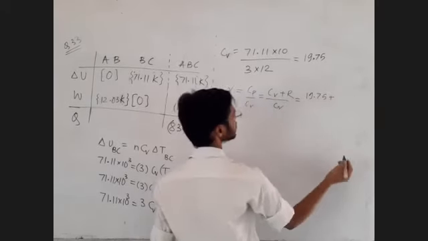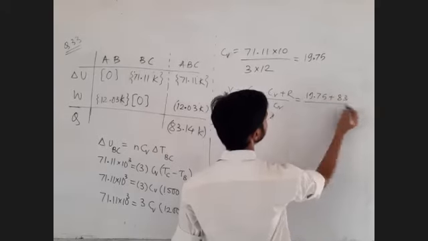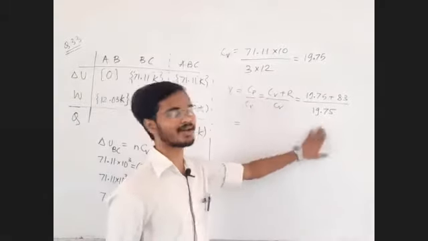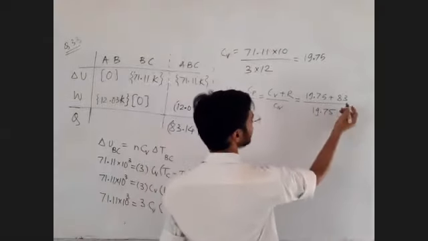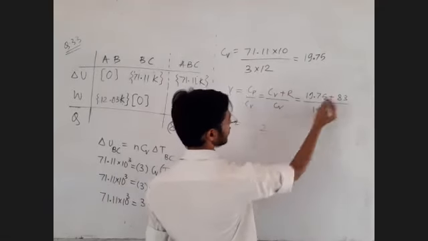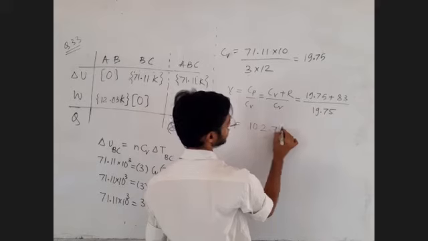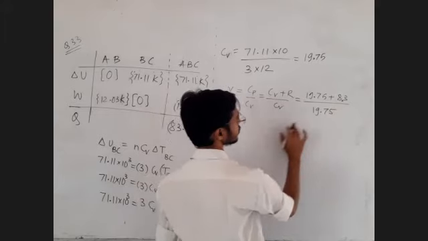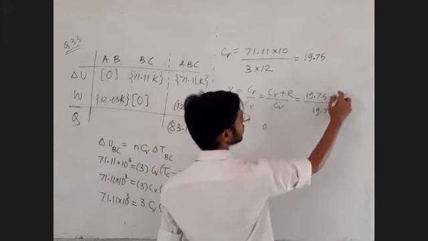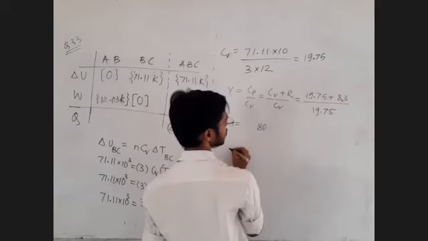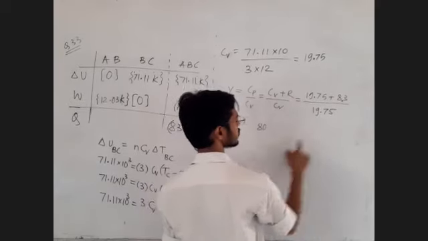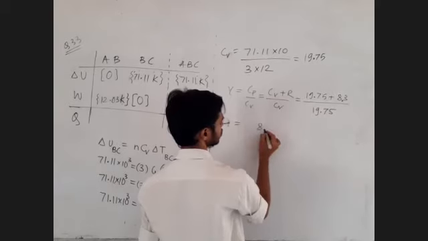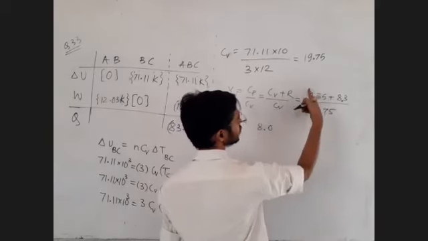19.75 plus 8.3, divided by 19.75. Now my next headache is dividing by this 19.75. Let's do it. Let's see what can be done. 3 plus 9 is 12. Carry 1. Oh, I made a mistake. 8.3 it is, not 83. So 3 plus 7 is 10. Carry 1. 1 plus 8 is 9. 9 plus 9 is 18. Sorry, my mistake. 18, carry 1. 1 plus 1, 2.